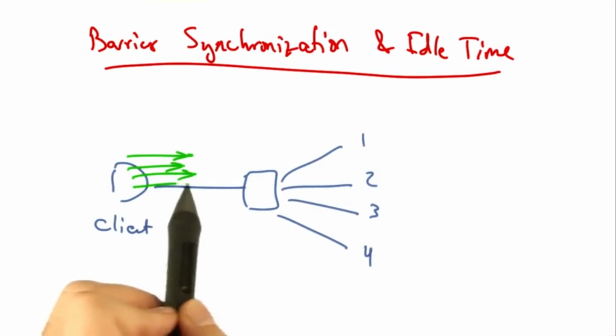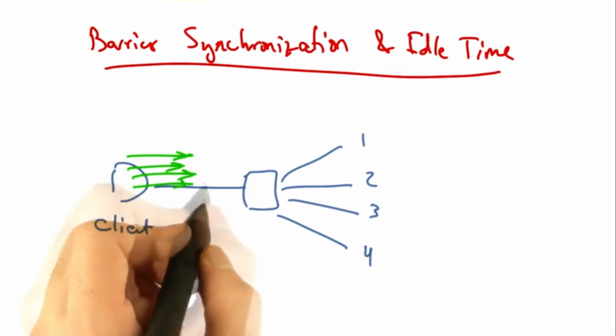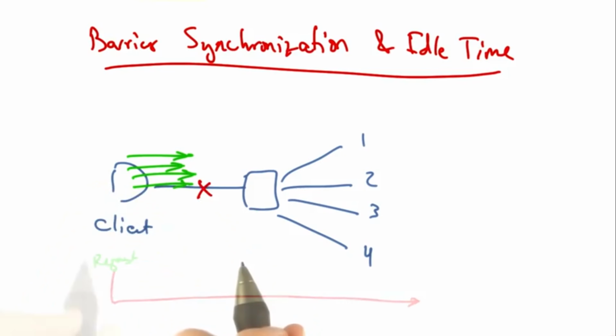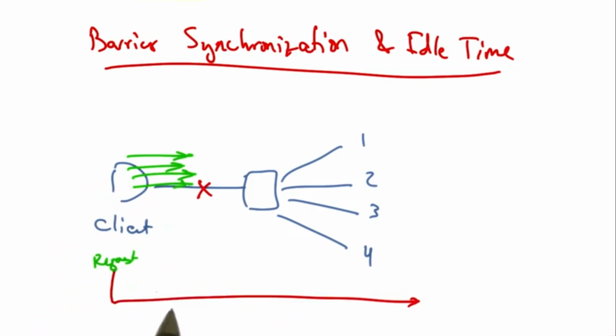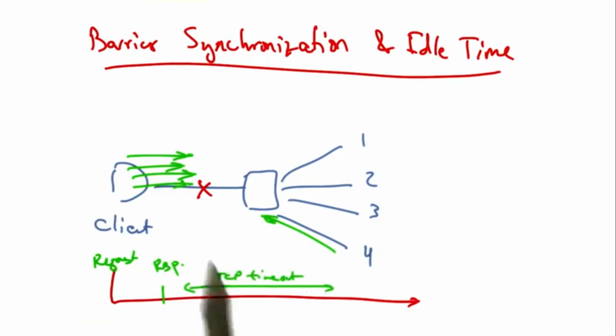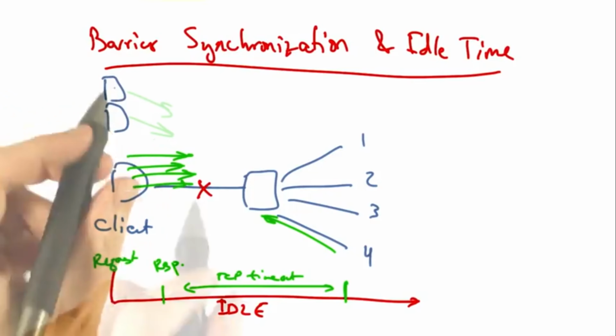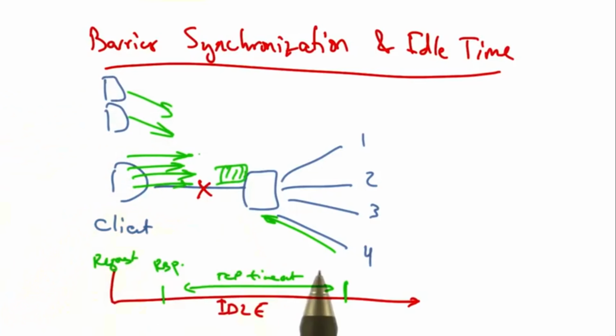For example, a client might send a synchronized read with 4 parallel requests, but suppose that the 4th is dropped. At this point, we have a request sent at time 0, then we see a response less than a millisecond later, and at this point, threads 1 to 3 complete, but TCP may time out on the 4th. In this case, the link is idle for a very long time while that 4th connection is timed out. The addition of more servers in the network induces an overflow of the switch buffer, causing severe packet loss